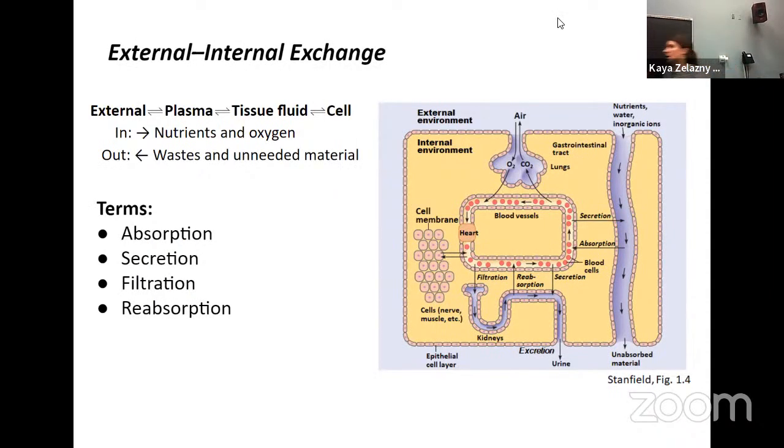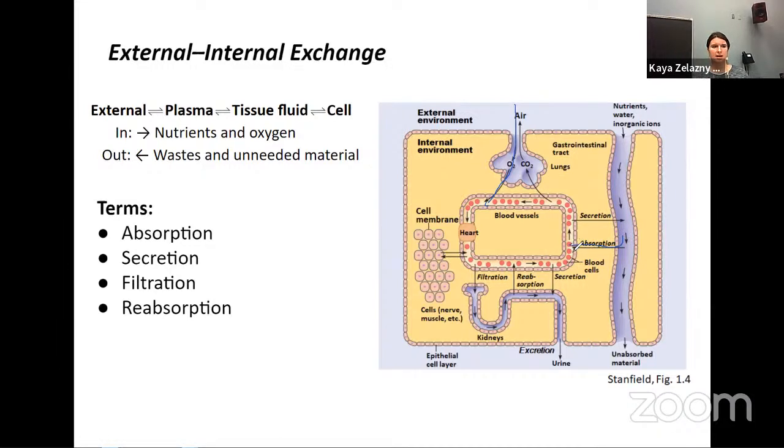Now, as I just implied, there is exchange between our fluid compartments, and there is exchange between the internal environment and the external environment. So things are going to move into your body from the outside, right? So we can follow the air, for example, from your external environment, crossing an epithelial layer, actually crossing a second epithelial layer to get into your bloodstream, right? So gases are crossing here. Or we have nutrients crossing from your digestive tract, again, through a couple layers to get into your bloodstream